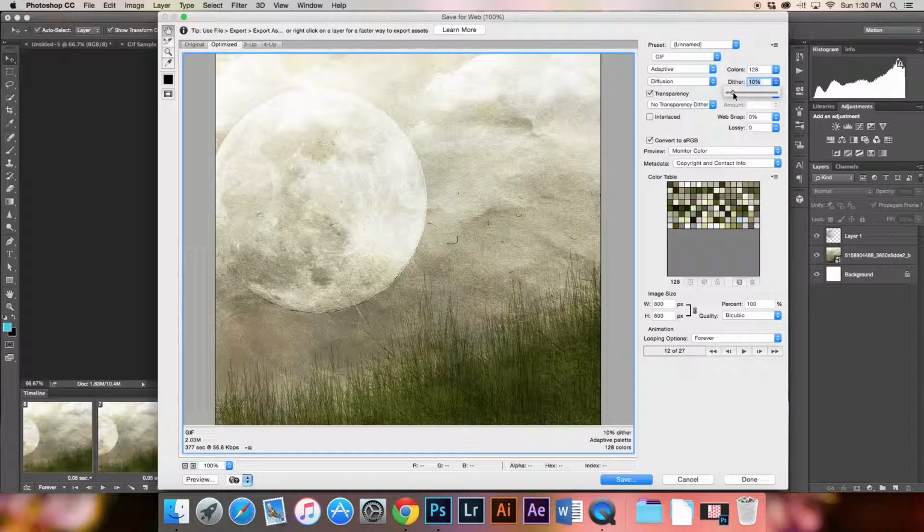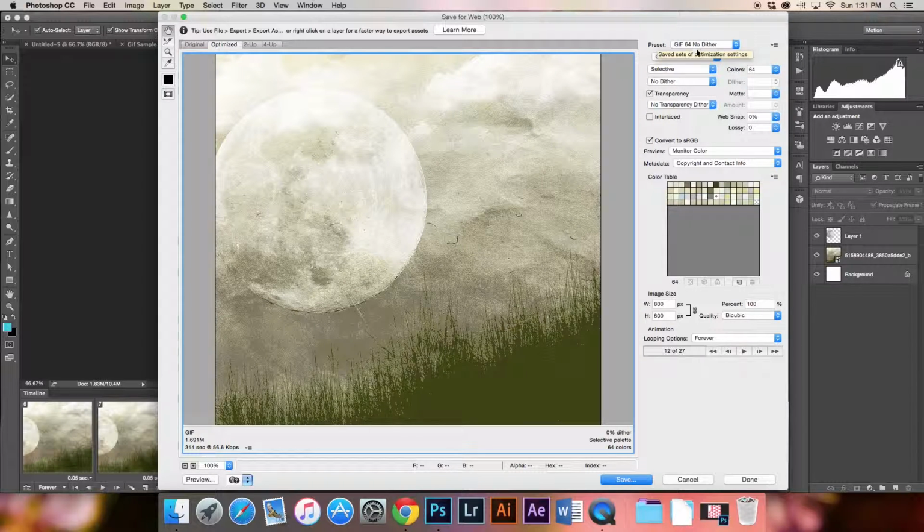You could play with the dither, which will, depending on the image, show you more or less. This doesn't necessarily do anything, but we always want to pay attention to the file sizes down here, and you'll notice that having no dither really decreases the file size, and it really doesn't do that much to our image. So that's great. With this, we don't care about transparency. However, it is a smaller file size if we have that transparency checked. You can go up to these options here. You could select whichever worked best for you. However, I kind of liked